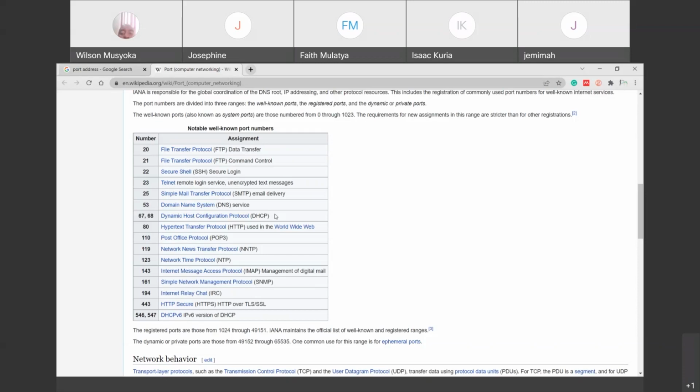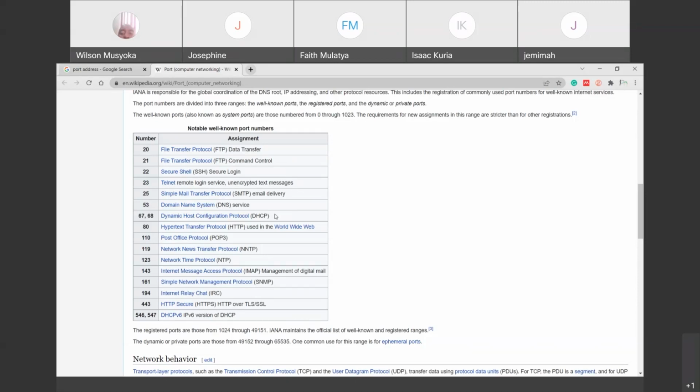Through the use of the Dynamic Host Configuration Protocol. Since you have the DHCP application on your smartphone, port 67 or port 68 has been configured for assigning you an IP automatically. Then HTTP, which is used for browsing the internet, is using port number 80.